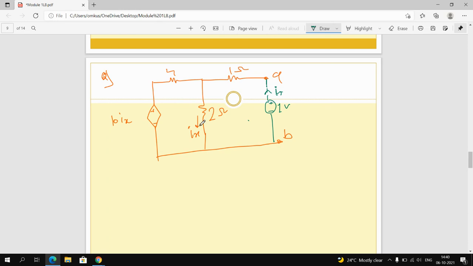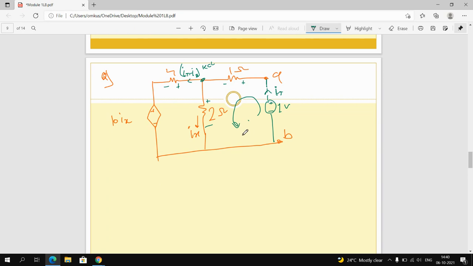Now see, this direction is given to you, that is IX, and then apply KCL here. This is the incoming, so what is the current here? IT minus IX, right? Total minus remaining. So mark the polarity of this 4 ohm positive negative, and mark the polarity of this 2 ohm positive and negative, and the direction is upward, so mark that 1 ohm polarity and apply KVL here.